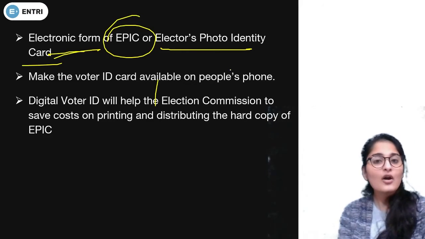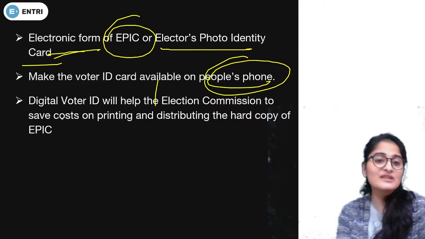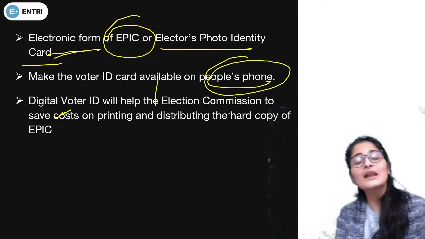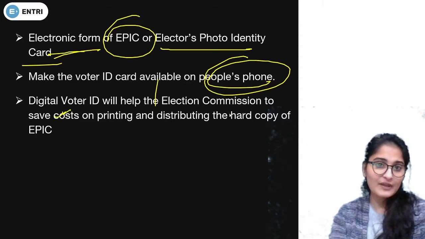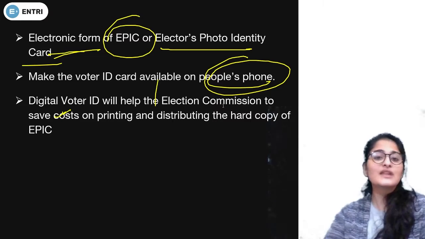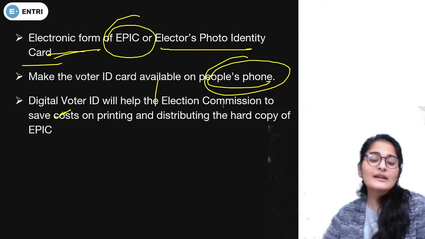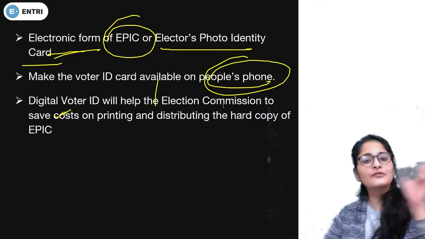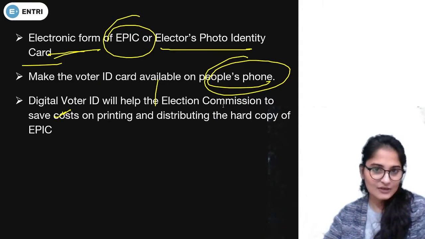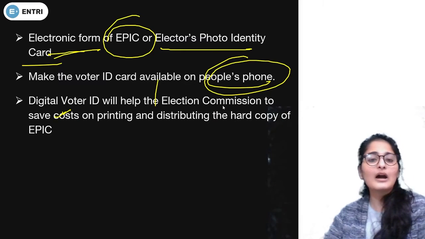Now this, what is the hard copy that we used to call the elector's photo identity card or EPIC, is going to be available in electronic form on people's phones. And now it will help the Election Commission save costs on printing as well as distribution. When hard copies were there, we had to print them, then distribute them. So that is going to be saved, and on the contrary, it will be emailed